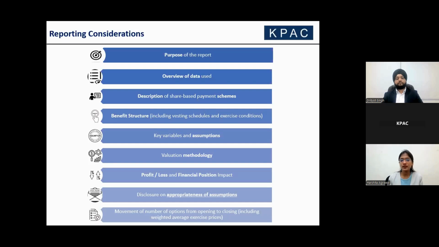Accurate and transparent reporting of ESOPs is crucial for both compliance and informed decision making. As auditors and regulators continue to focus on ESOP disclosures, companies need to ensure that their reports comprehensively cover these key aspects.